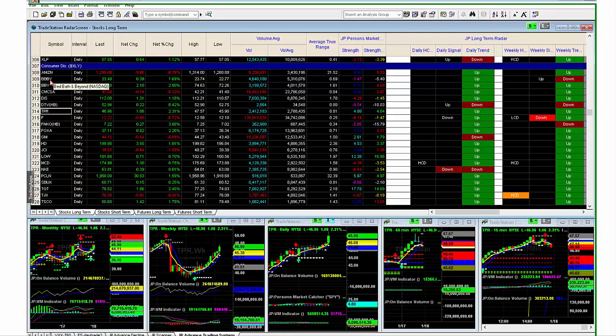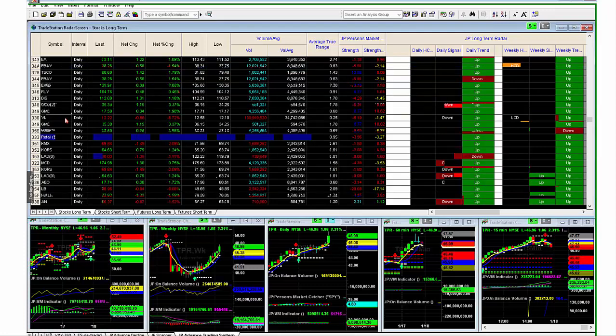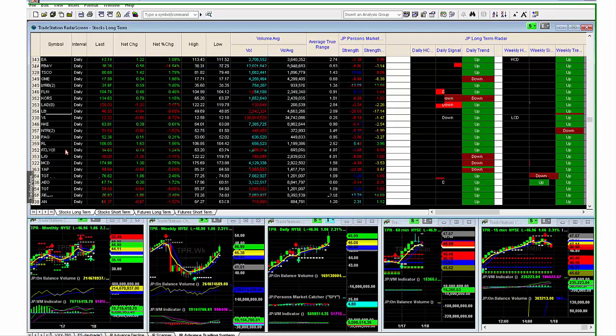Okay? So I can go back and say, well, do I have it in here? Maybe I forgot to put it. Well, I have it. It's just in retail. So now I've put Tapestry twice, one in consumer discretionary and one in retail.